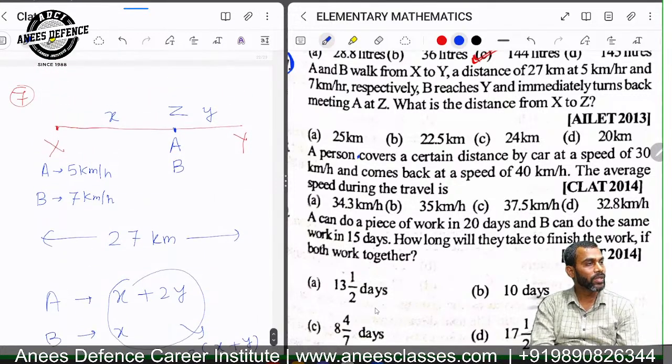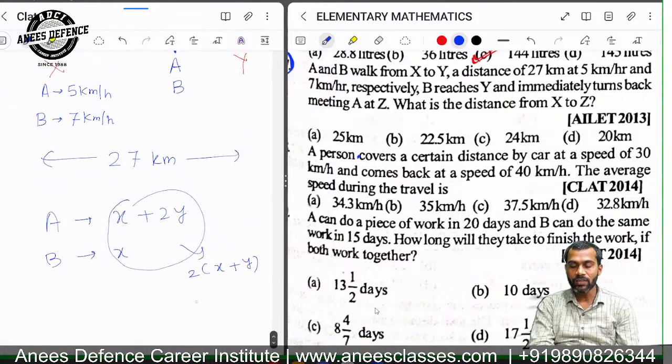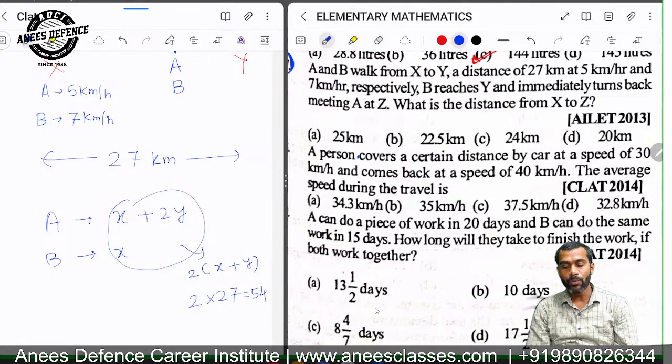Yes or no? What is X plus Y? 27, the total distance. So the total distance covered by both of them is nothing but 2 into 27, that is 54. I hope you understood this. So the total distance covered by